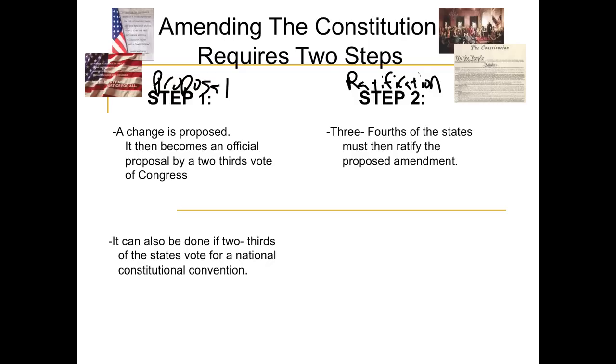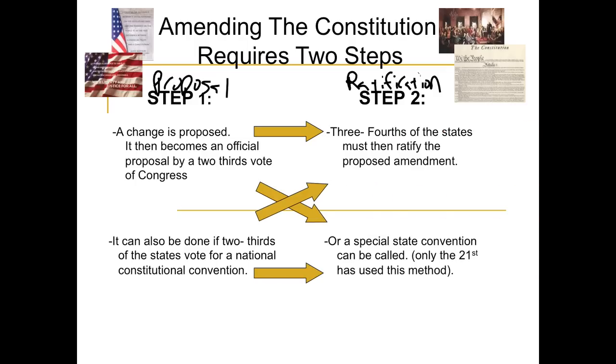Now, to ratify it, you have to have either 3/4 of the states ratify the amendment in the time set aside by Congress. Usually it's 10 years. Or there can be a special state convention called where the state would vote on it, not the legislature, but a special convention that the states would be calling of different citizens. And that happened via the 21st Amendment, which is an easy one to remember because when you turn 21, you get to drink, and the 21st Amendment overturned prohibition.